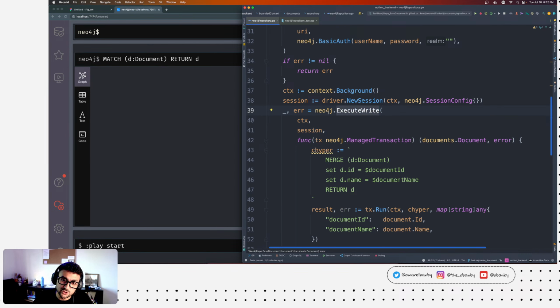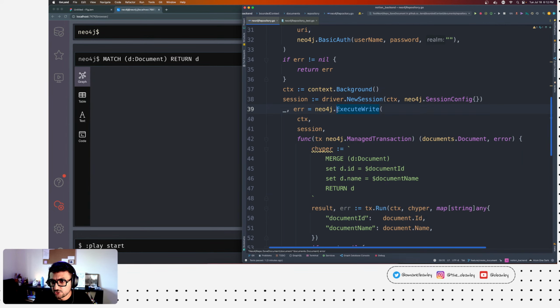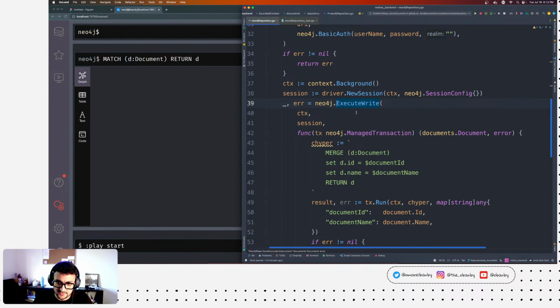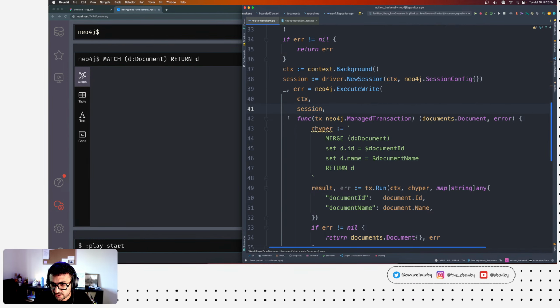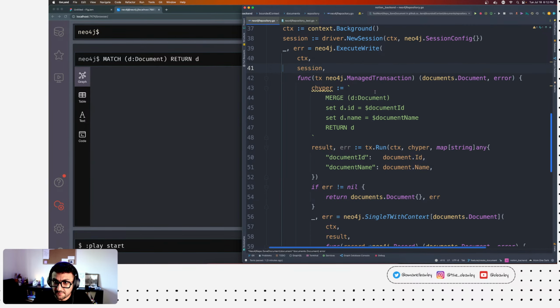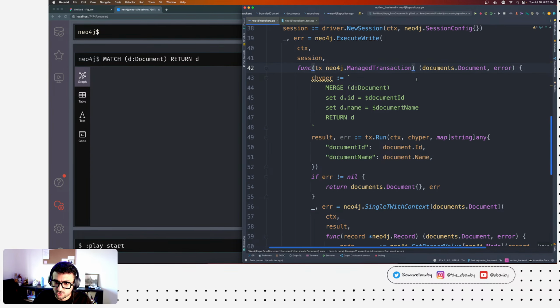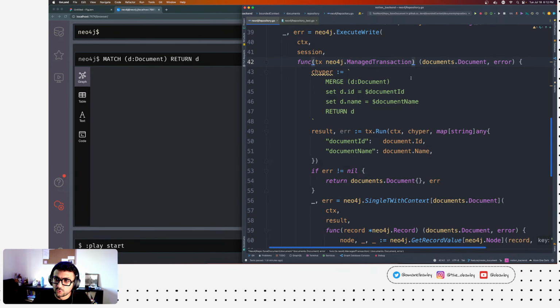These are the generic version of the execute read and execute write, since Go introduced generics, so you can use generics in Go now. And this method essentially allows you to do it the generic way. So you give it a context, you give it the session that you just created, and then you pass in a callback for a managed transaction. You can manage your own transaction yourself, but this way it's managed for you, right? So you don't have to commit it and you don't have to abort it. But we might get into more complex situations where we need to manage the transaction ourselves, right?